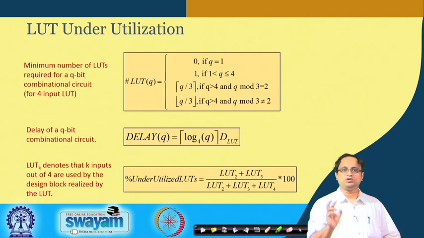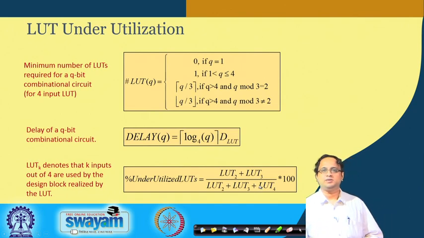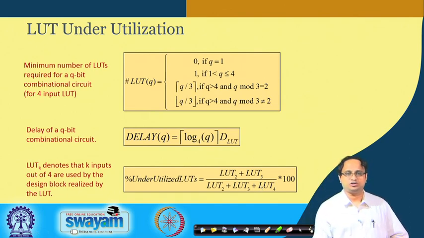Okay. y2 was a 2 input, so it was LUT 2. So you can say in that case that if I consider LUT 2, LUT 3 and LUT 4, then LUT 4 is not wasting any lookup table, but the remaining ones, that means LUT 2 and LUT 3, are what contribute to your underutilization of lookup tables. Therefore, the way to calculate the percentage of underutilized LUTs is by adding LUT 2 with LUT 3 and dividing by LUT 2 plus LUT 3 plus LUT 4. So you will get an estimate of the underutilization of the lookup tables.